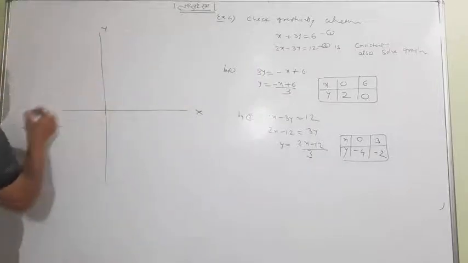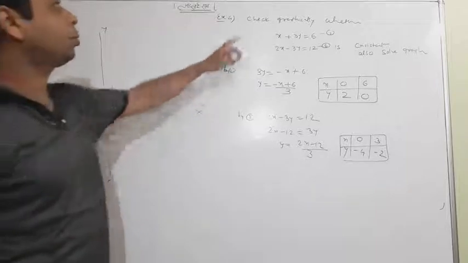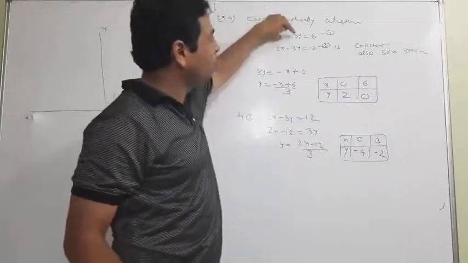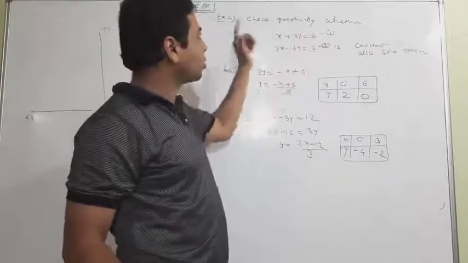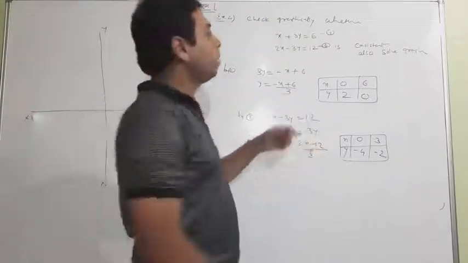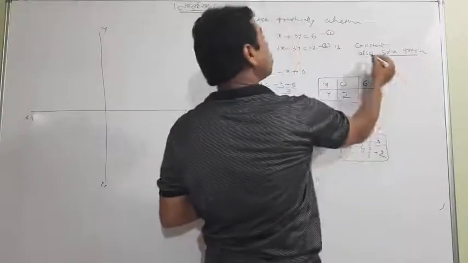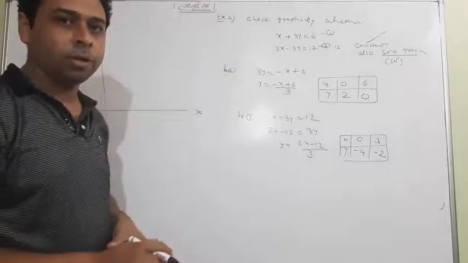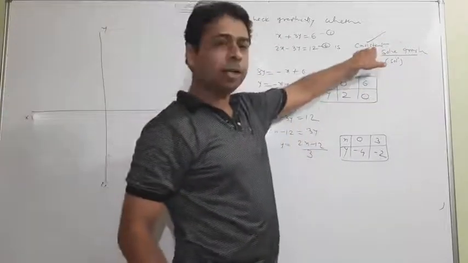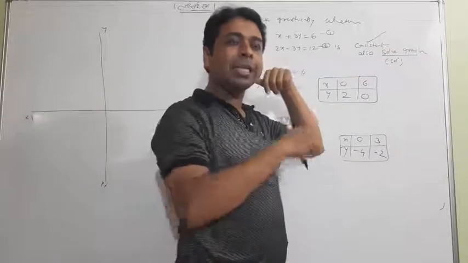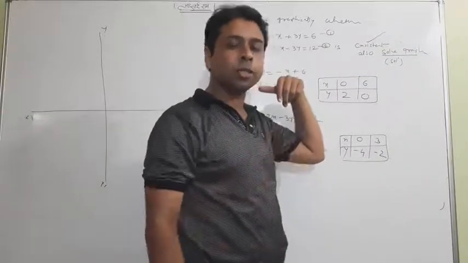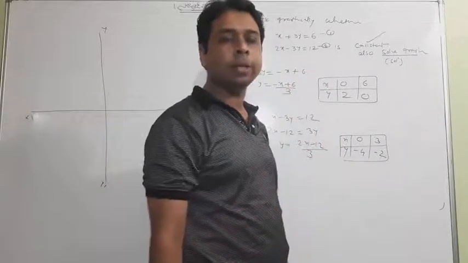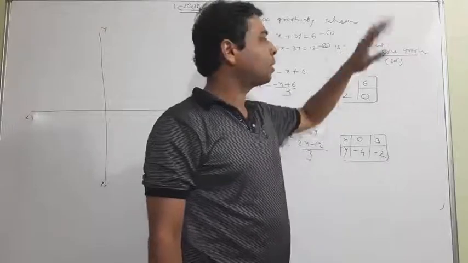So quick, make the graph. And student, don't get surprised at why we are making the graph, because it is told: check graphically. If it were not there, we would go with A1 upon A2, B1 upon B2, C1 upon C2. But this time the restriction is check graphically. Find the solution, solve graphically, meaning we have to find the solution also, and check the consistency. So how can we check the consistency? We will make the graph. When it is intersecting, it is called consistent solution, and when the lines coincide, meaning infinite solution, the system has a consistent solution.